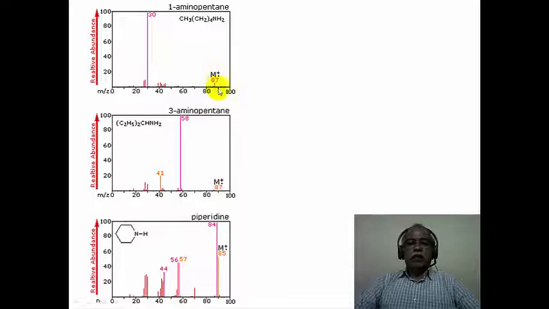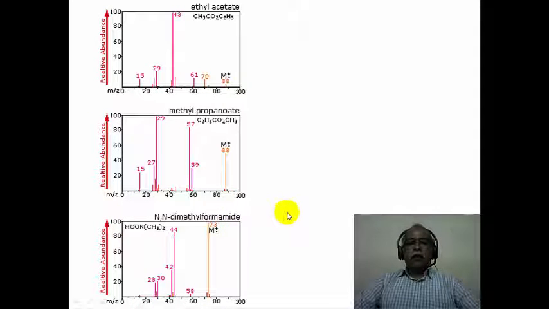We can see here the amine cation radicals are hardly seen in these two spectra, whereas in the cyclic amine spectrum, because you need to fragment two bonds, it doesn't undergo fragmentation so readily, except for the loss of the NH hydrogen, which is registered at 84. Otherwise, the molecular ion has a fairly intense peak at 60% relative abundance. Base peak is the loss of a hydrogen atom from the molecular ion to produce the corresponding iminium ion in this particular case.